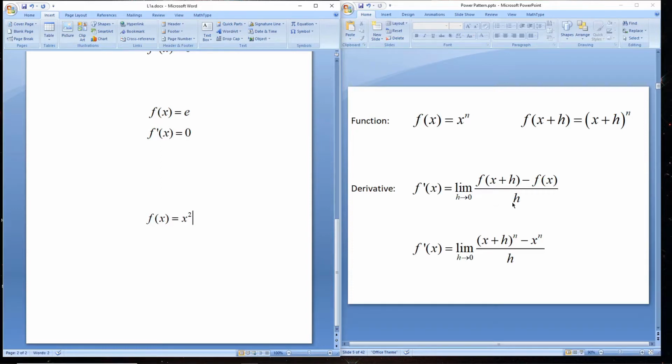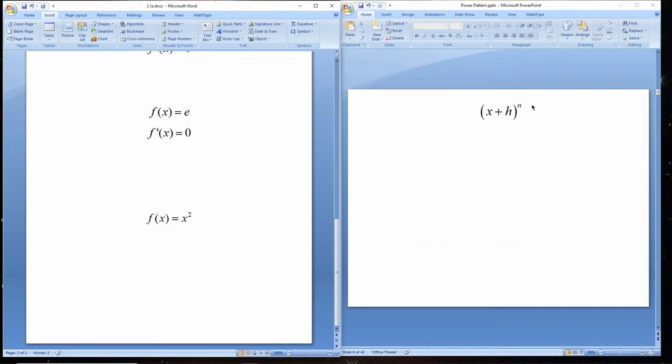So here I plugged in the information. Here's our x to the n. Here's our x plus h to the n. Just plugging it into the limit. This x plus h raised to the n is the real challenge here in doing this limit. And let's just take a look at that for a moment, because how we go about dealing with this is